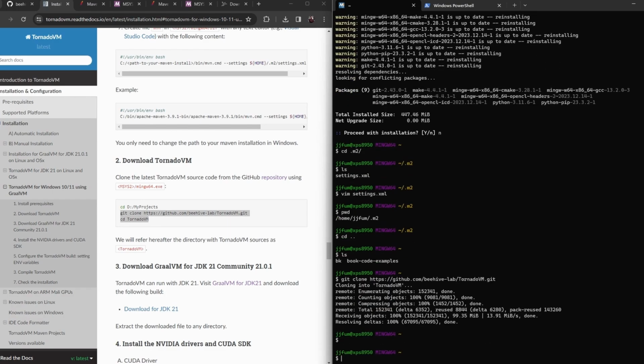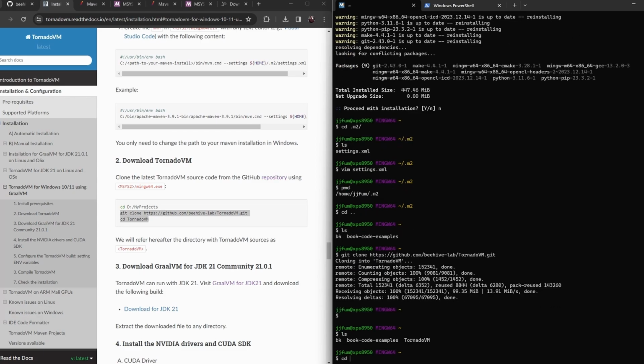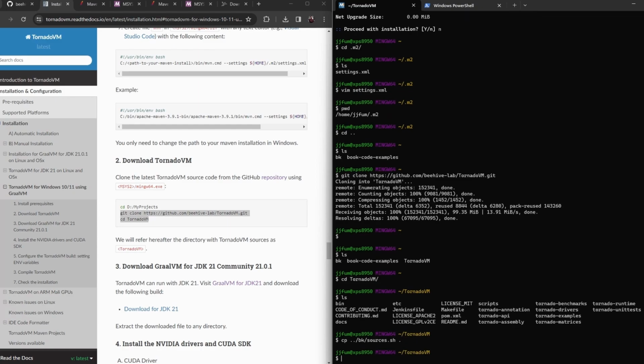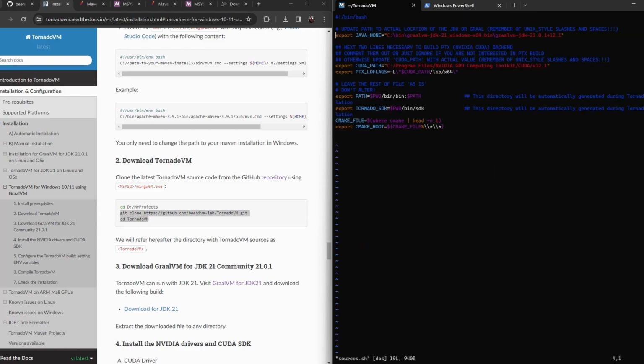Right, once the code is there, we are going to go to that directory, and we are going to create a source file. Basically, that source file will contain Java home and a few other variables that we need in order to compile Tornado projects. I already did that, so I'm going to recover it from my backup, but I'm going to explain what I did. This is the most important file now to get the Tornado installation